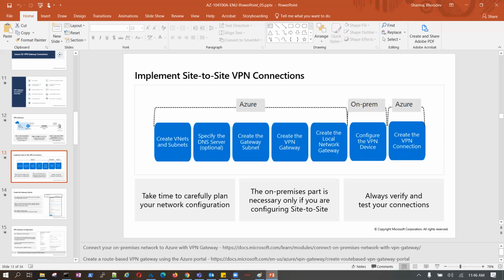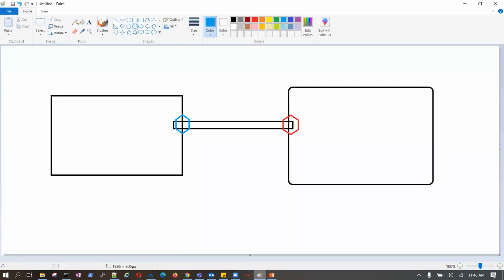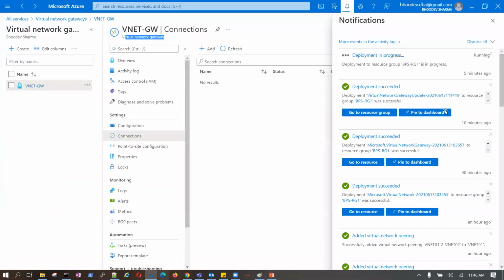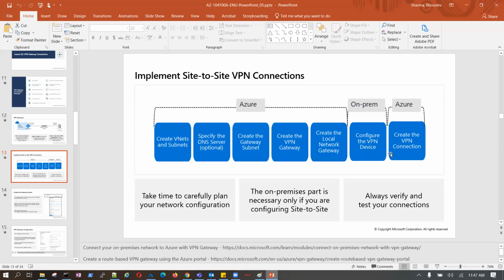Configure the VPN device at this point. And this is create the VPN connection. We are trying to create the VPN connection here without configuring this VPN device. So obviously, if this is not there, this connection will pass or fail.